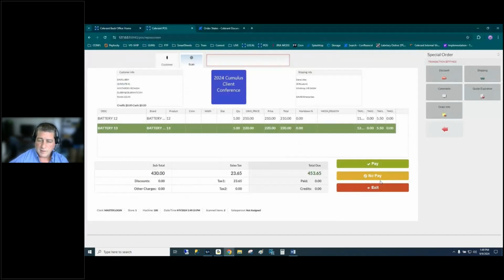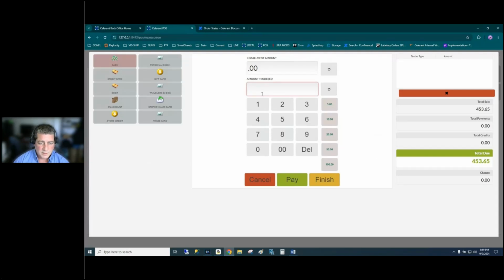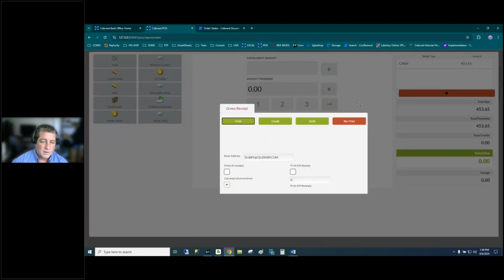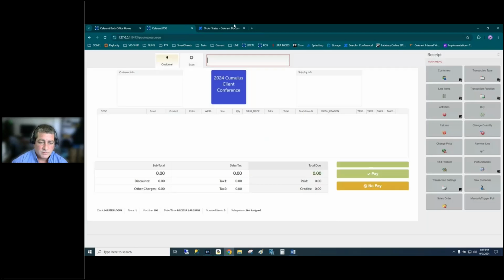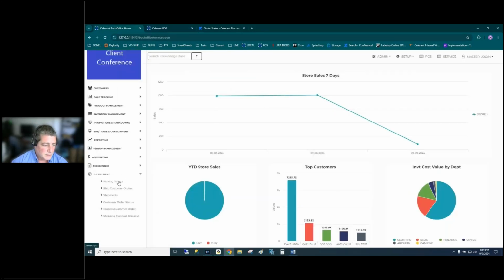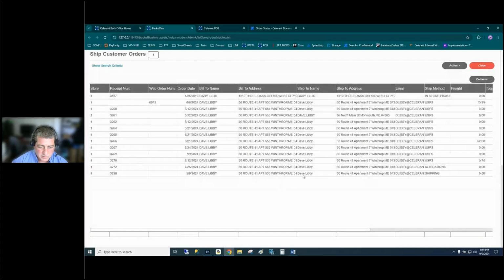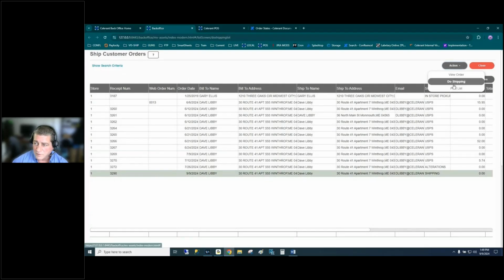Okay, so let me pay for this. Cash. Pay, finish. All right, so now we have a simulated web order again. So I'm just going to jump to ship customer orders. This is it. So if I go to do shipping,